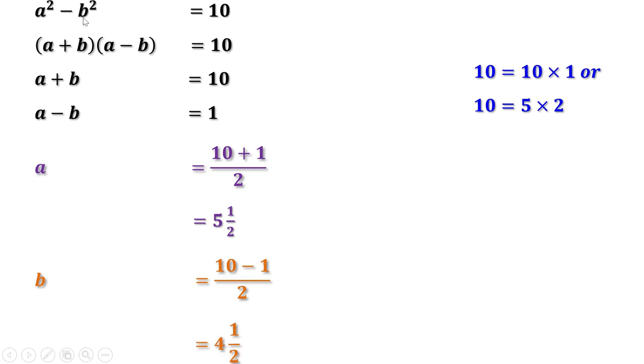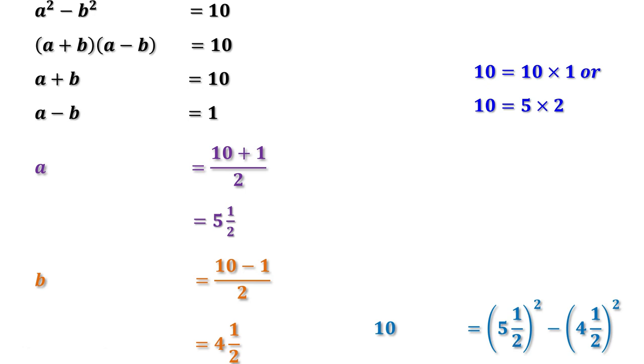10 is equal to a² − b², and a is 5 and a half, b is 4 and a half. Therefore, 10 is equal to (5 and a half)² minus (4 and a half)². These are not squares of natural numbers. Therefore, they are not perfect squares. Now let us take the factors 5 and 2 and check whether we can express 10 as the difference of